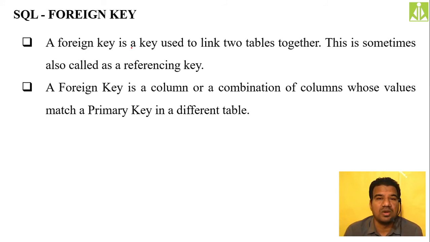Whatever column you take as a reference key should go to some other table and match with a primary key only. The restriction here is that the column you are referencing in the other table must be a primary key. You cannot reference a foreign key from another table on a normal column. It must be a primary key column. Remember this one. Then only you can take that column as a foreign key into the other table.